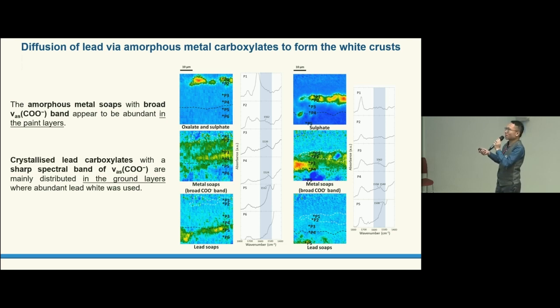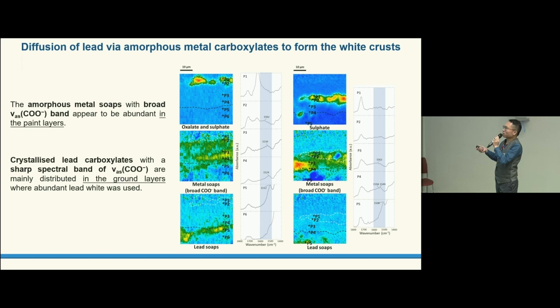The first reason is that the crystallization of metal soaps is irreversible, so it's not very possible for the crystallized lead soap to become amorphous soap and then relocate through the paint layers. And the second reason is that lead soaps are insoluble, so it's not possible for the lead soap to diffuse